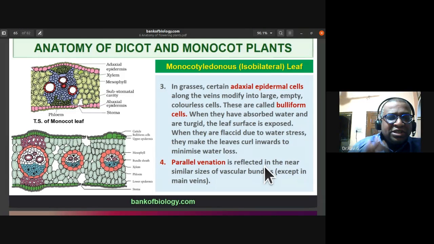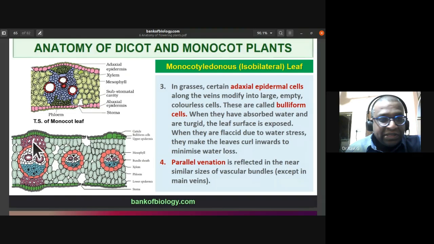So the unique feature that you want to identify in the monocot leaf is the bulliform cells present on the upper epidermis. The bundle sheath and bundle cap are there for a few of them, made up of parenchymatous and sclerenchymatous tissue. Stomata are found in both the adaxial and abaxial, the upper epidermis as well as lower epidermis. Bulliform cells are found in the adaxial or upper epidermis region. They are a group of cells which are colorless, large and empty, found just above the veins.